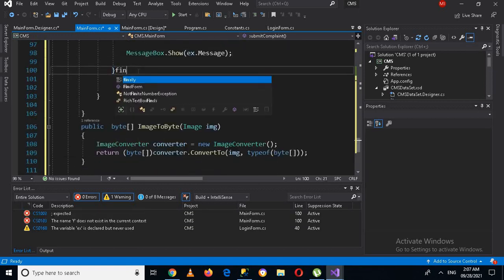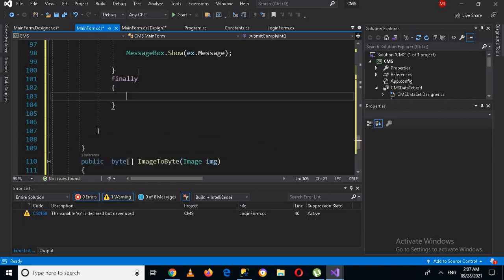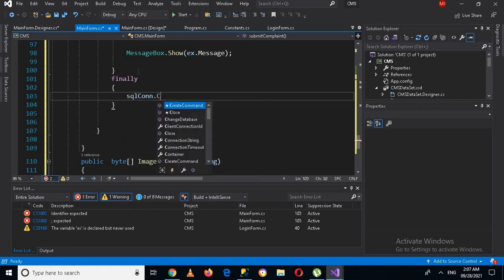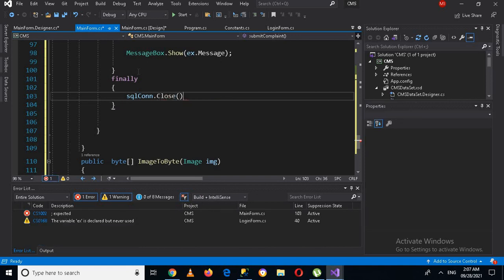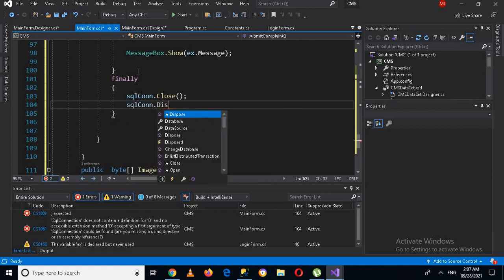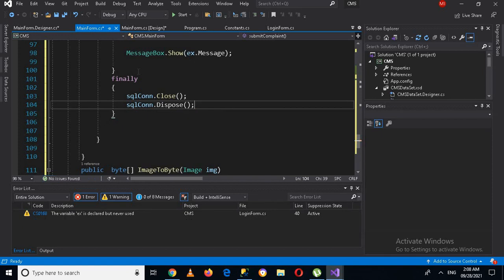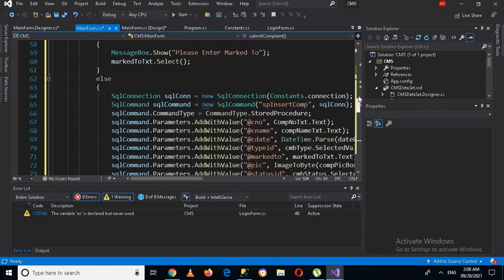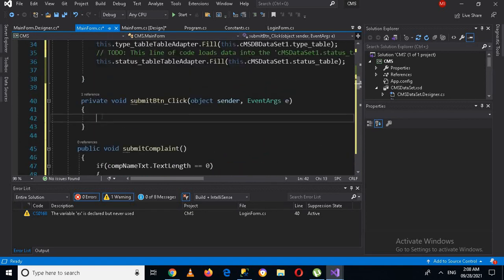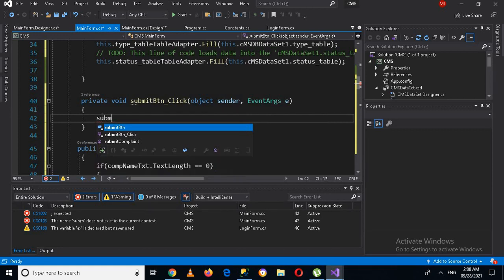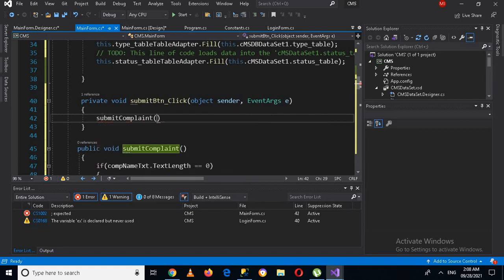So here we will use ex dot message, and I'll put semicolon, and now I'll go down, and here I will use finally, SQL connection dot close, and SQL connection dot dispose. Now we have coded this,